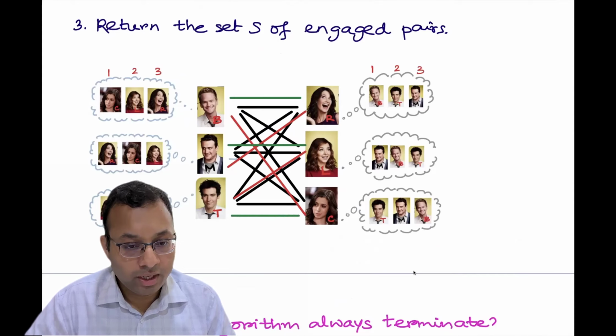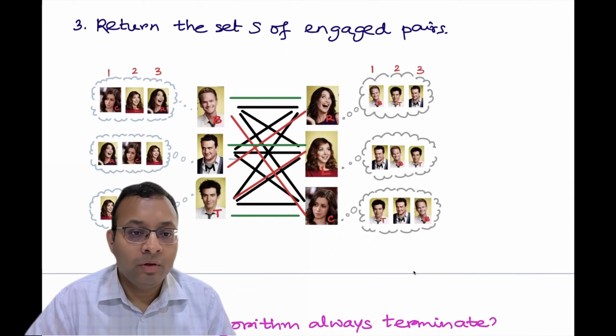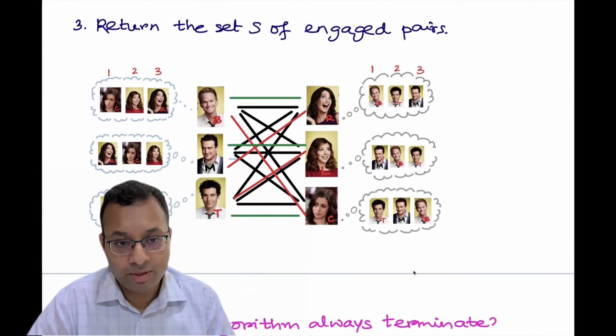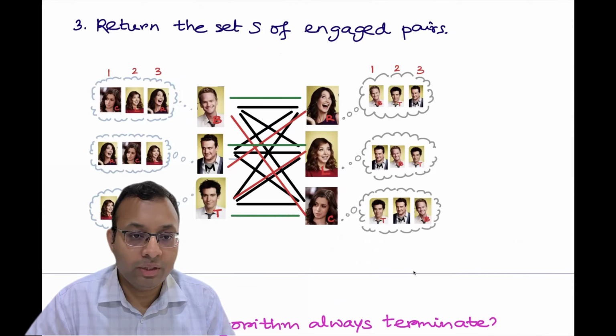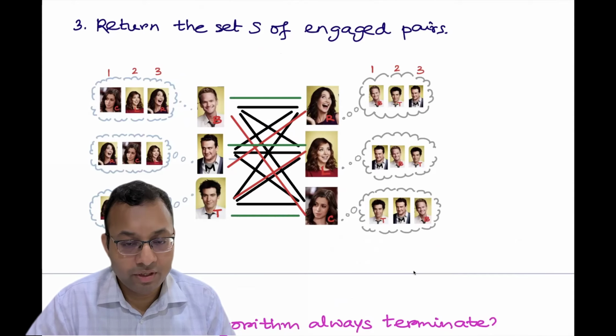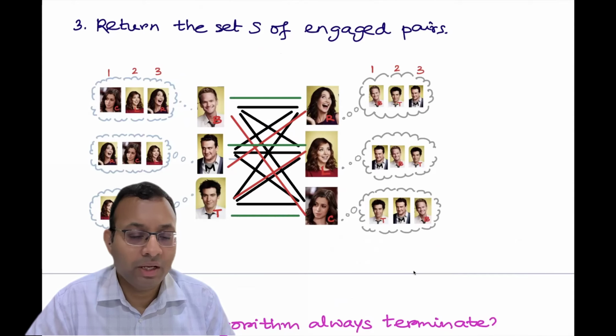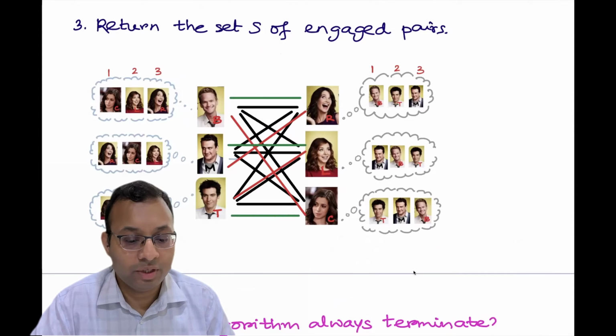So you already saw this case in the last video, where we saw there are at least three stable matchings in this situation. In one case, men are getting their best preferences. In one case, women are getting their best preferences. And the other case was when everyone was getting their second preferences, which was also stable.